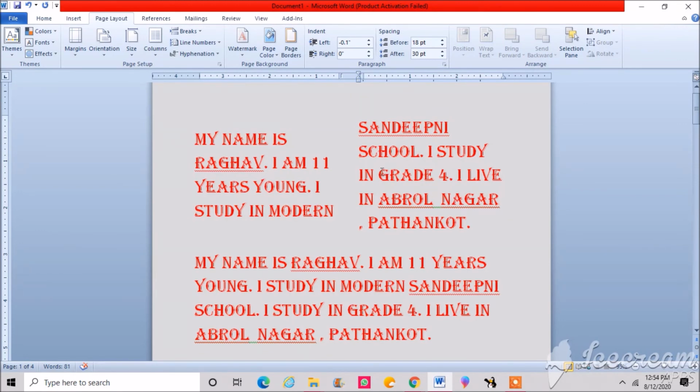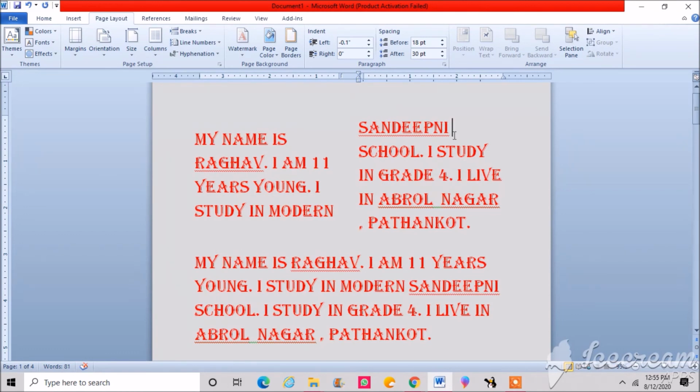Now if you have already added columns to your Word document, you might have noticed that some of the columns are not as balanced as you want them. One solution to this problem is to add a column break. It will force the end of the column and move the text to the beginning of a new column. That means wherever you place the cursor and click on the break option, from there your column will break. Now let us do it. Suppose you can see my Sandeepni word is at the top. I don't want it here, I want it in the next column, I want to break from here.